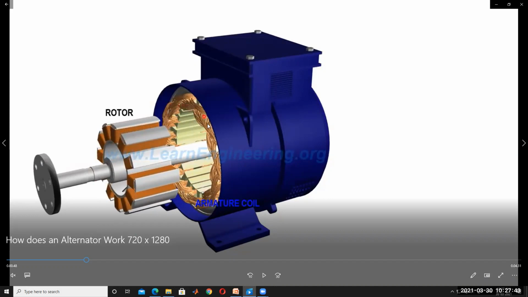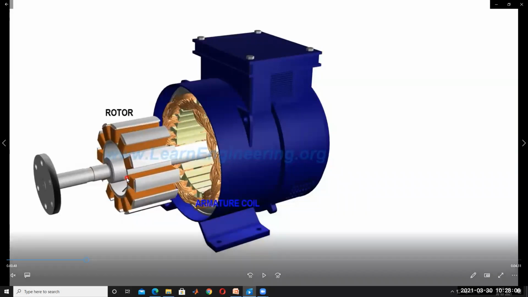The conductors are stationary. This is called the armature conductor, the stator winding. This is called the armature winding or stator winding on synchronous machines. This is the rotor winding, this is the field winding, and the field winding is excited by the DC supply. Once you give the DC supply to this field winding, the fields are constant, north pole and south pole. The polarity of the poles is not changing. It is fixed.